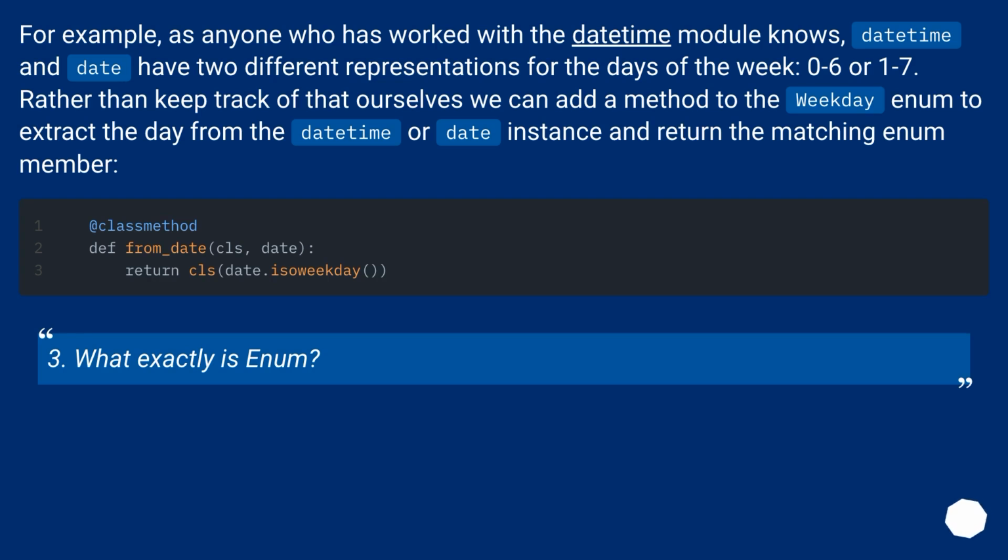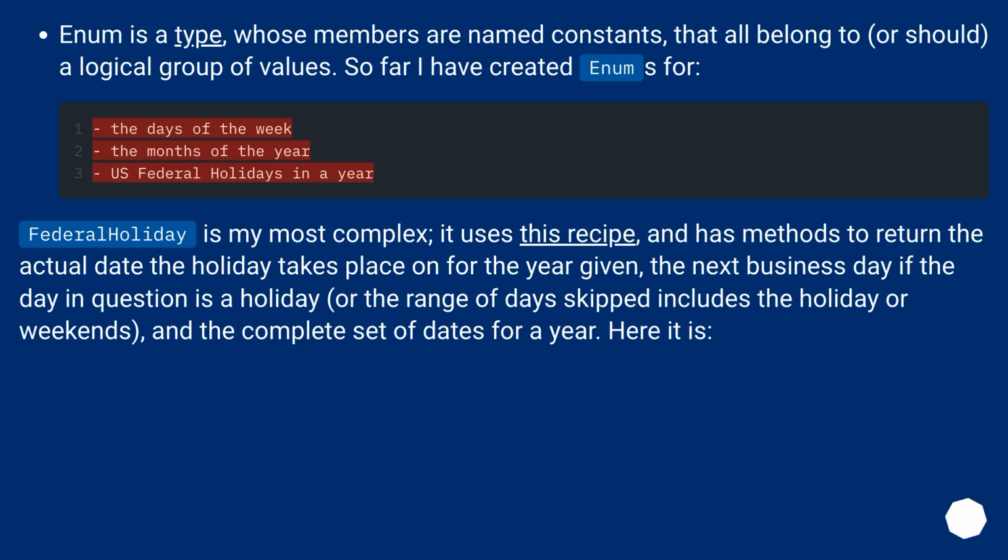Three. What exactly is enum? Enum is a type, whose members are named constants, that all belong to, or should, a logical group of values. So far I have created enums for